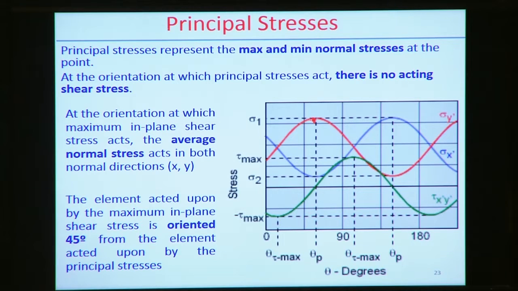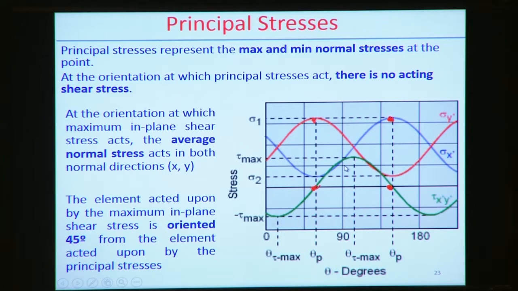There is one point that indicates the principal stress value, the maximum normal stress value, and at this maximum normal stress value the shear stress is equal to 0. Similarly, there is another point 90 degrees apart where principal stress also exists but shear stress is equal to 0,